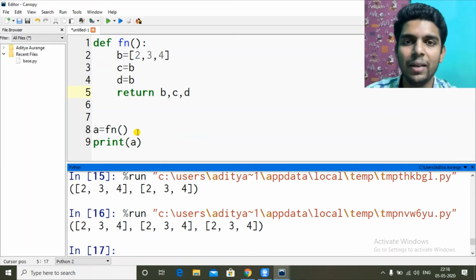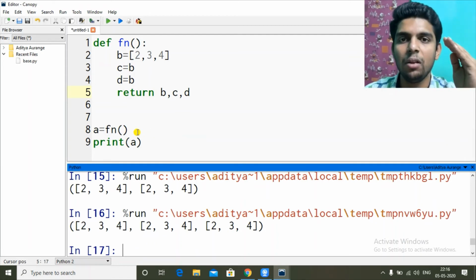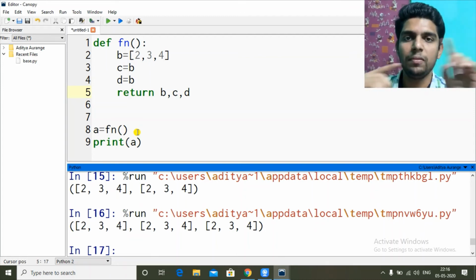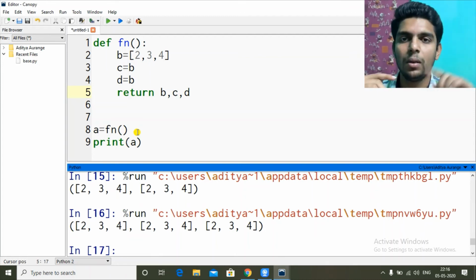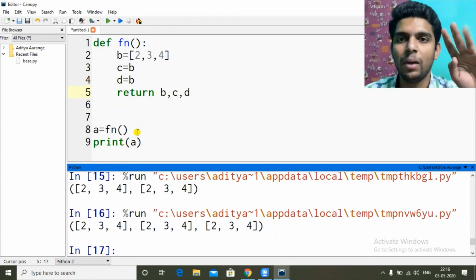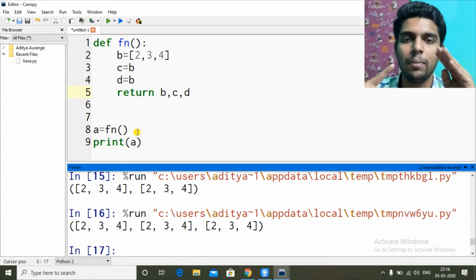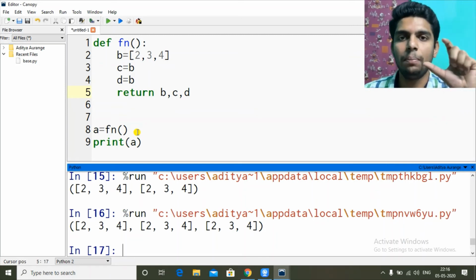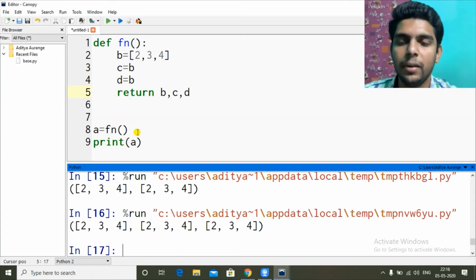Now if at the receiving end there is one variable for each returned value, that value will be received properly, as it is. If we have multiple values returned into one variable, all of those will be clubbed and put inside a tuple, and that one tuple will hold all the values which we are returning.